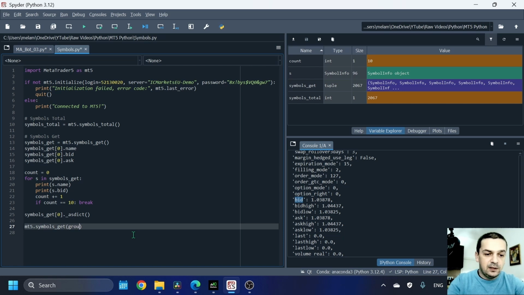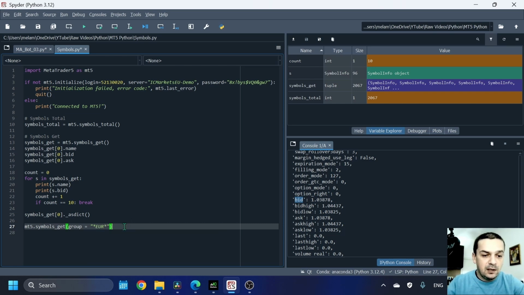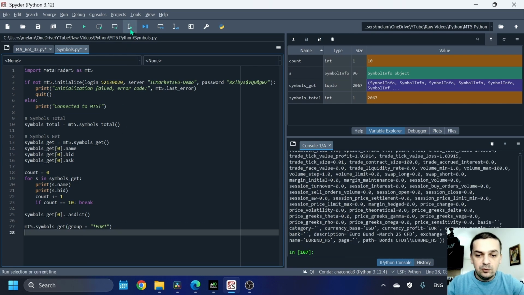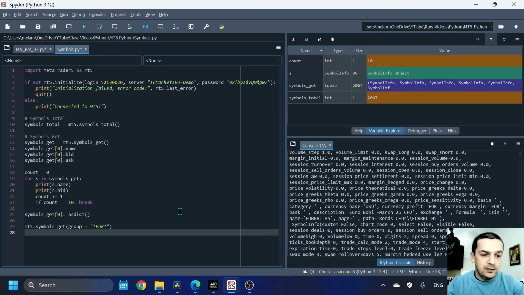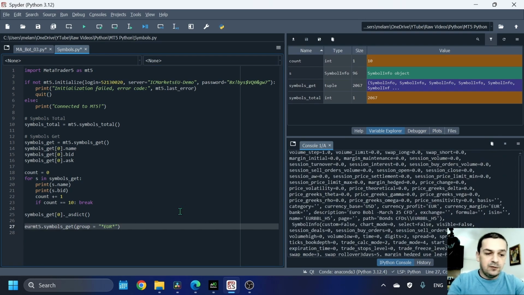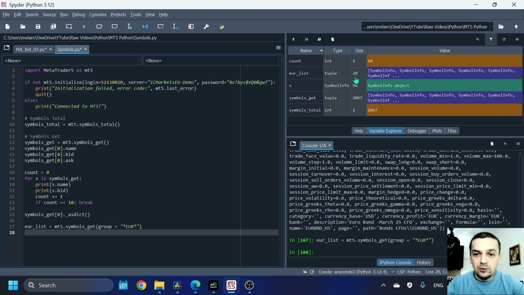MT5, and if I type here group equals parentheses and this asterisk sign, let's use the euro and again the asterisk, and if I run this one, you can see again this list, so I'll have to save it into a variable. Euro list equals to a variable. Here you can see that in total it's a list of 20 symbols that meet this criteria to have euro